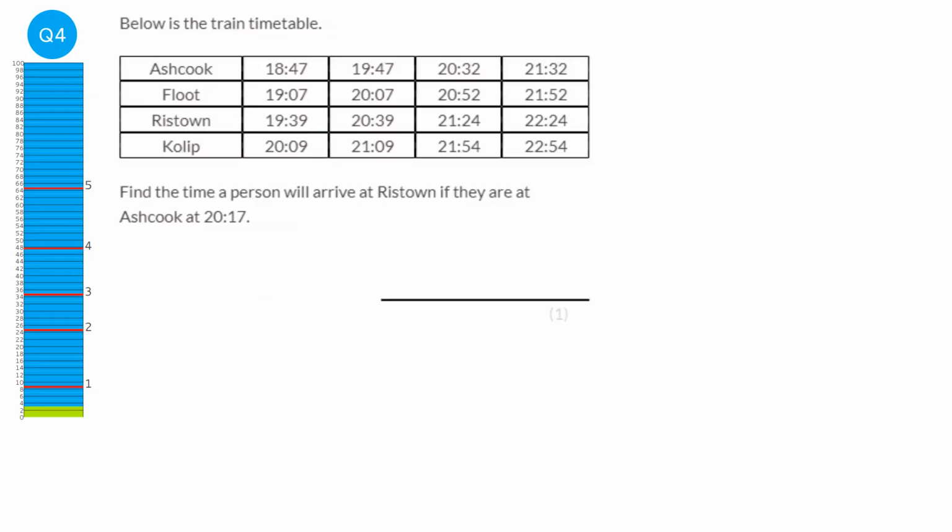So this person's at Ashcook at 2017. So they're going to have missed this train here. And they're going to have missed this train here. So those are off. But they will be in time for this train here. And we're looking for the time it hits Risedown. So it will get to Flute at 2052, and then Risedown will be at